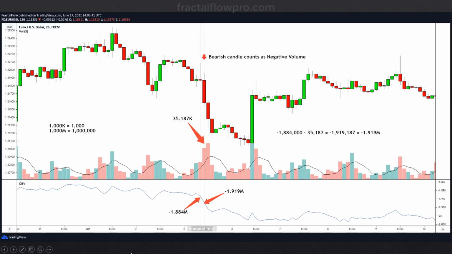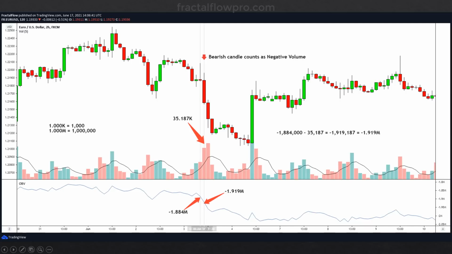This value will be subtracted from the OBV value since it's a bearish volume. The resulting OBV value will be minus 1,884,000 minus 35,187, which equals the next OBV value of minus 1,919,000. Even though volume increases in the second period, the OBV value went down because bearish volume is subtracted from